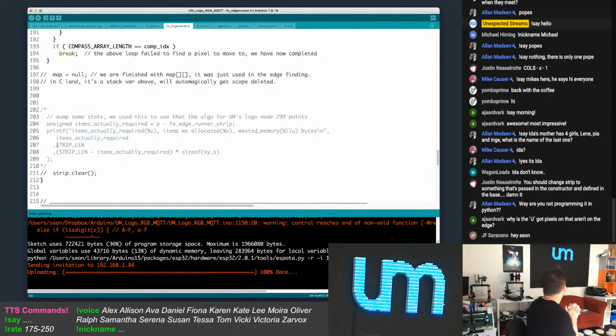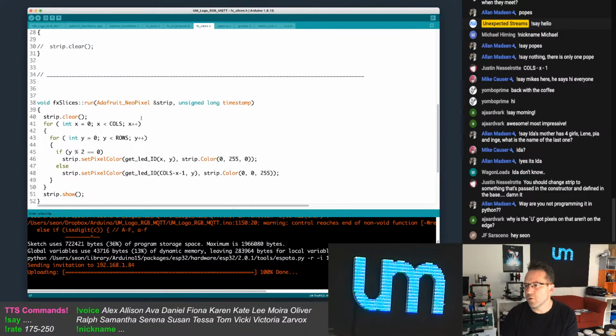Okay, so that worked, except it's only supposed to be doing 1 pixel at a time. But that's my fault. They're actually alternating colors. Not that you can tell. So yeah, it was more like a strip.show after every row.